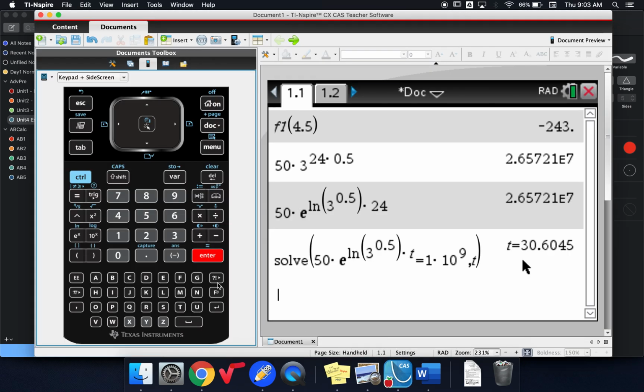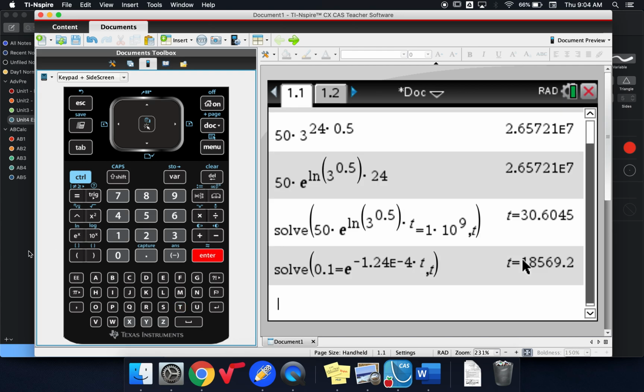So let's go ahead and do it. I've got solve 0.1 equals my e to the x button, negative 0.000124t. Let's put in a times t just to make sure that my calculator is doing what I want it to do, and I want to solve for t. And I get that the age is really, really old,